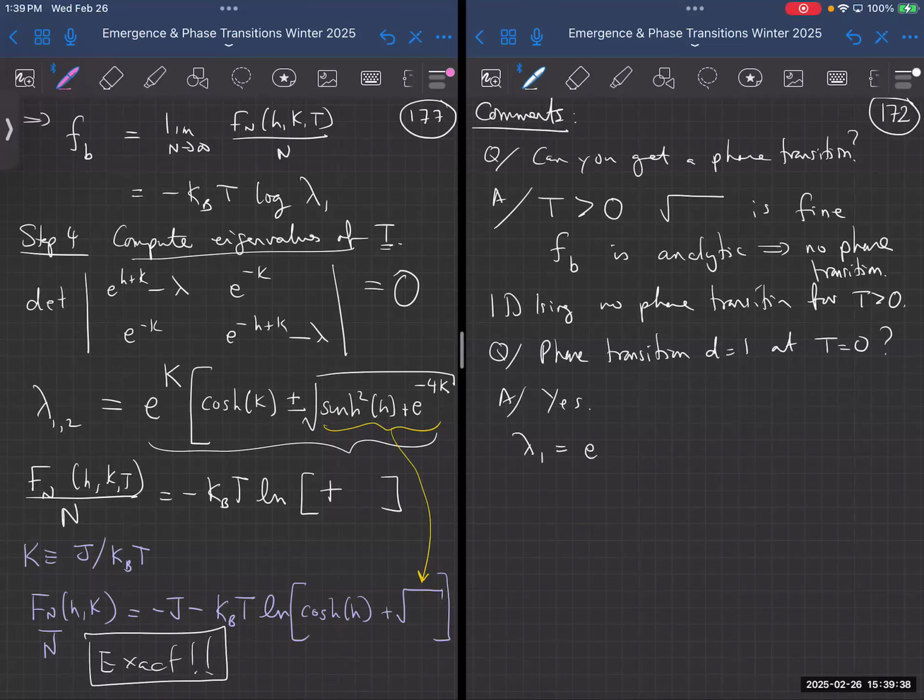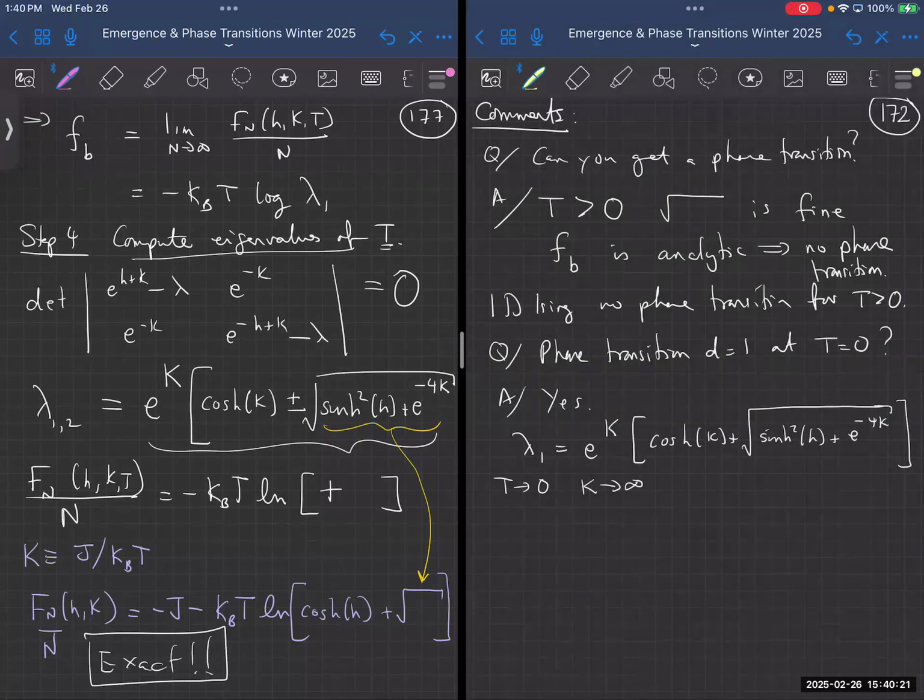It looks like this: e to the k times cosh k plus the square root. I'm going to write it out now. Sine squared h plus e to the minus 4k. So that's our exact result. But as t goes to 0, this k is going to infinity. K is the coupling constant J over kT. So basically, this term, the e to the minus 4k,